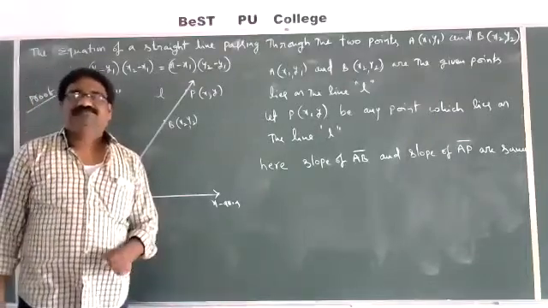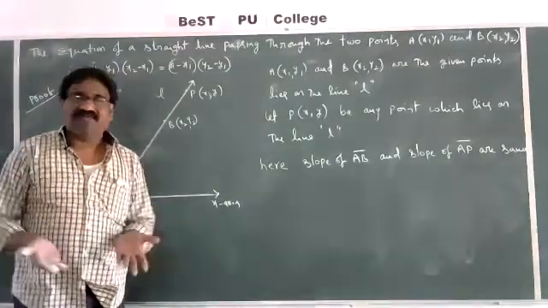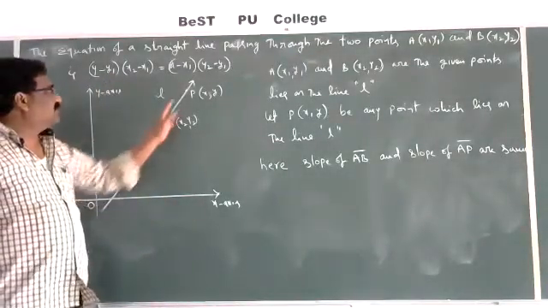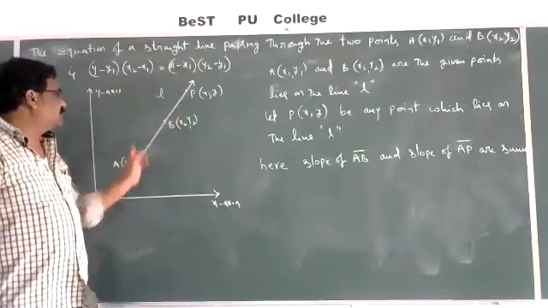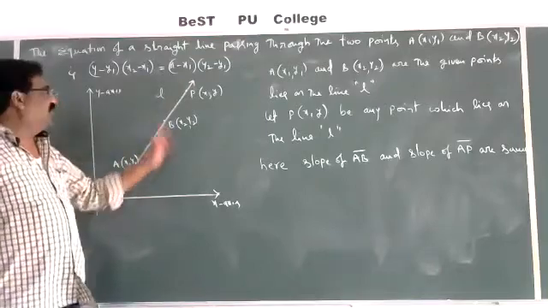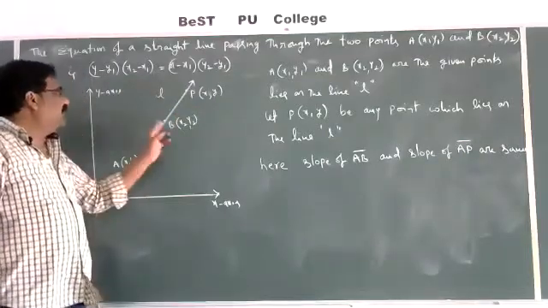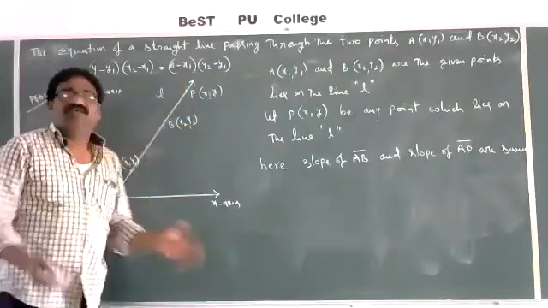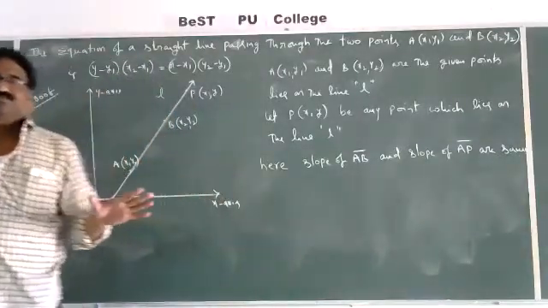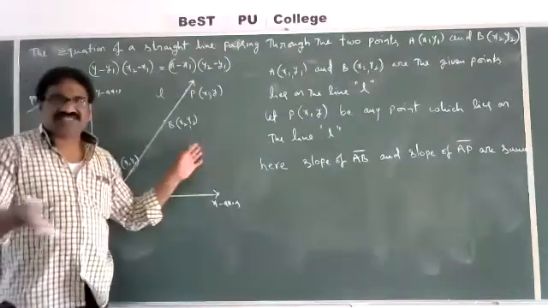That is another way. There is a different method also. For example, you find distance AB, distance BP, and distance AP. If AB plus BP is equal to AP, then we say that the 3 points are collinear. We have different methods to prove the given 3 points are collinear. Here, it is not necessary to discuss the collinearity.